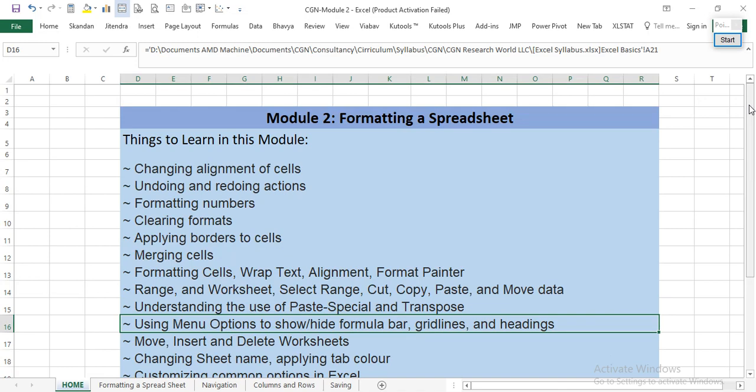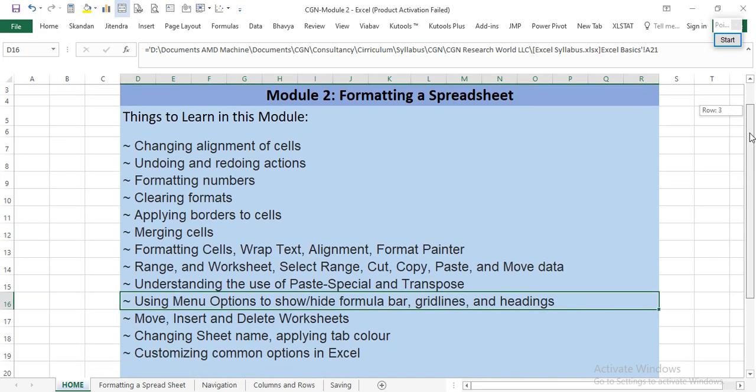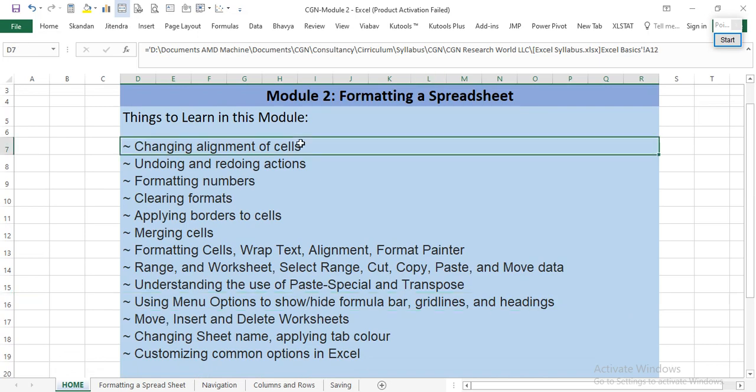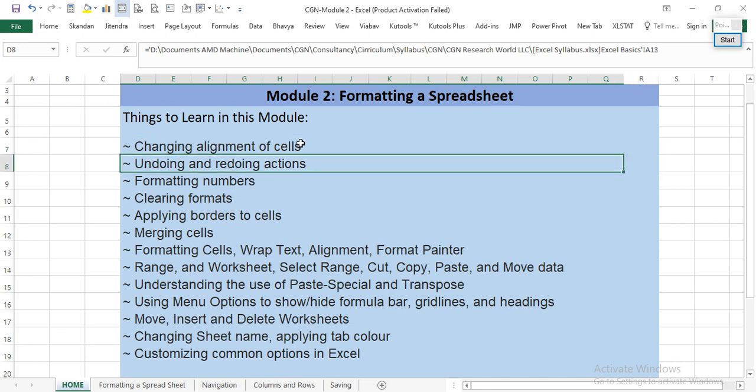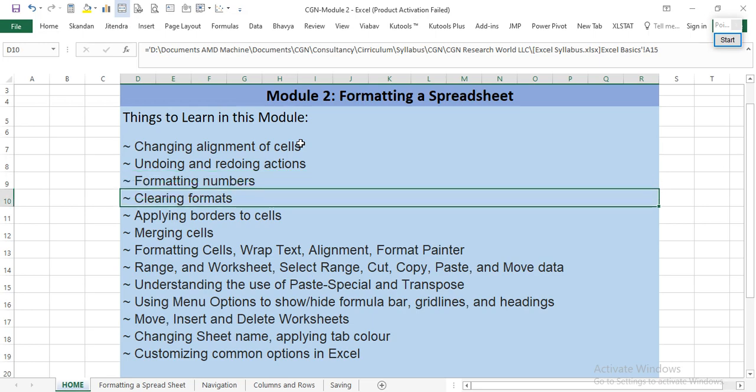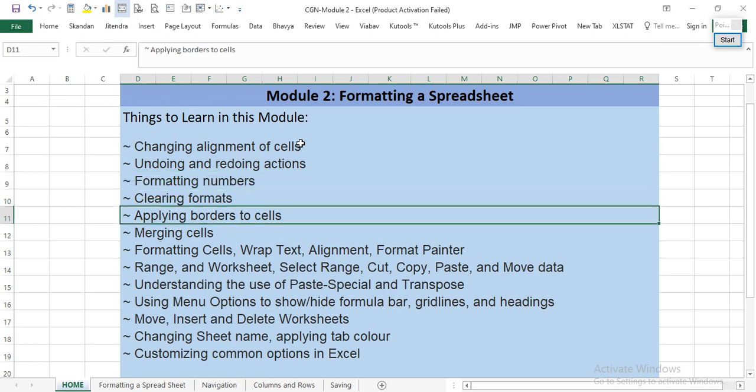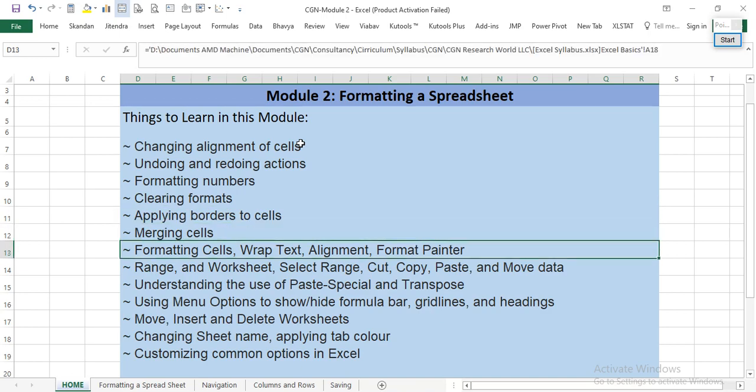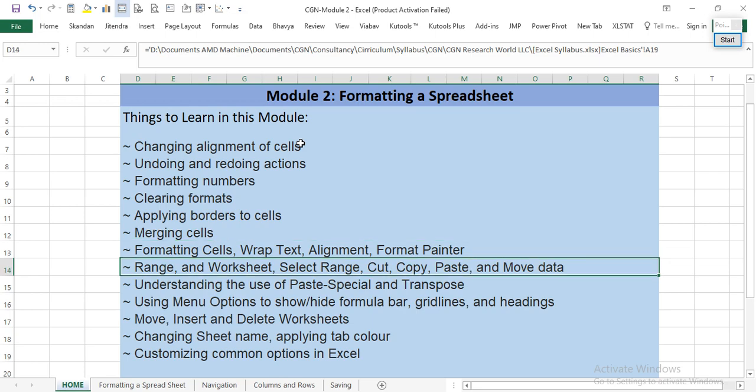Let us look at how we are going to change the alignments of cells, how we are going to undo and redo our actions if we want to, formatting numbers, clearing the formats, applying borders to the cells, merging cells, and formatting cells, how to wrap text which exceeds beyond a cell, and alignments, format painter and how exactly it works, and then ranges, worksheet, select the range, cut, copy, paste, and moving of data, understanding the use of paste special,